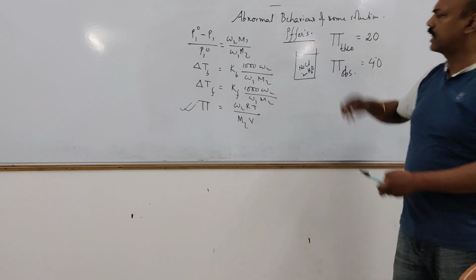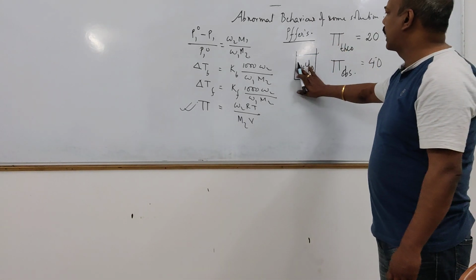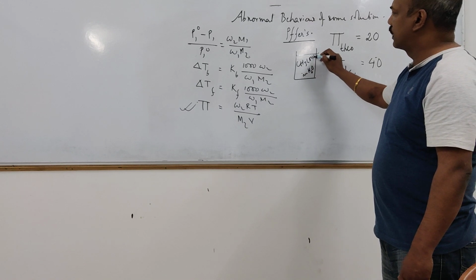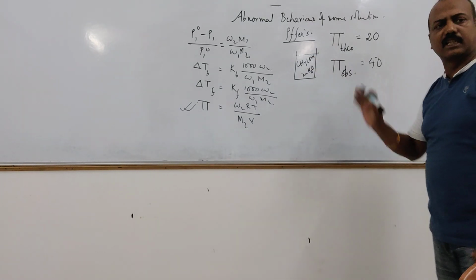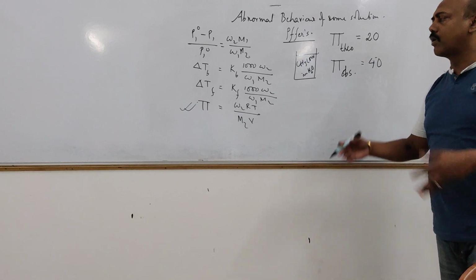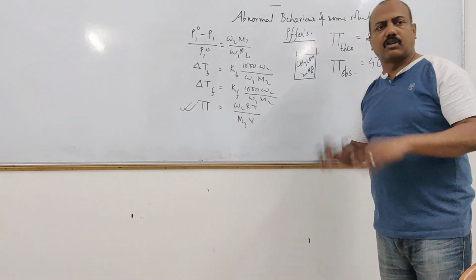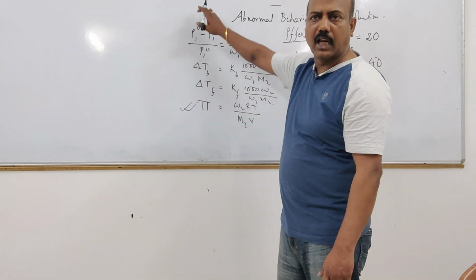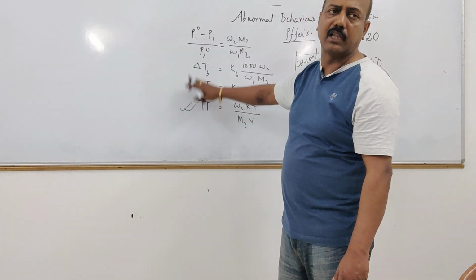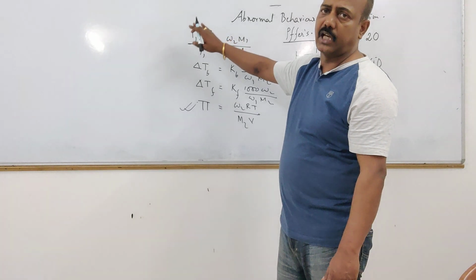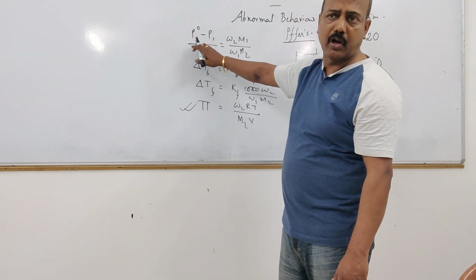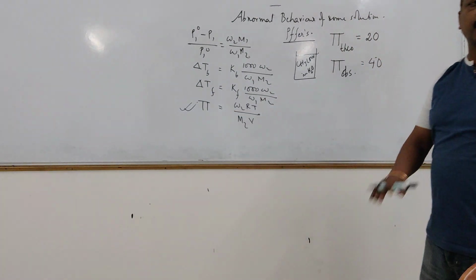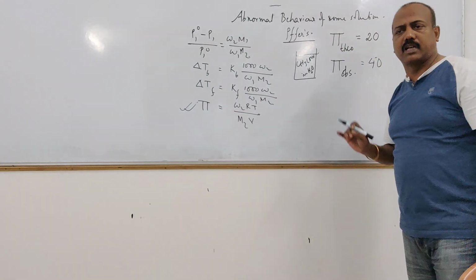Or in some other case, suppose in place of sodium chloride, I give you acetic acid in water. I tell you this much acetic acid is there, this much water is there. Tell me what is the osmotic pressure. It can be any one of these values: the relative lowering of vapor pressure, the elevation of boiling point, the depression of freezing point, or osmotic pressure. I am just telling osmotic pressure because it is easier for you to understand.